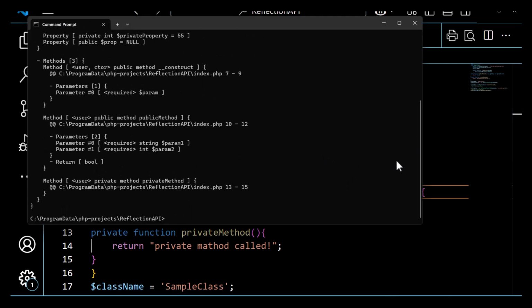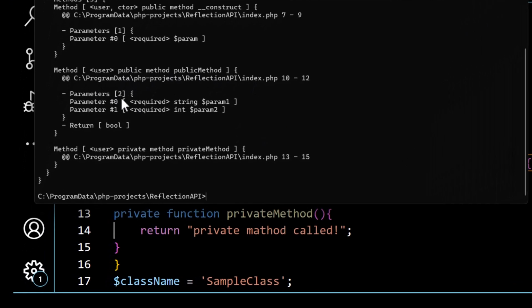Okay, so the second method, public method, has two parameters. The first one is a string, named param1. The second one is of type int and the name is param2, and it returns boolean. The third one's name is private method. It's defined on line 3 to 15, and it doesn't have any parameters and it doesn't have any return type defined either. So through any particular property we can get the whole structure of the class the property